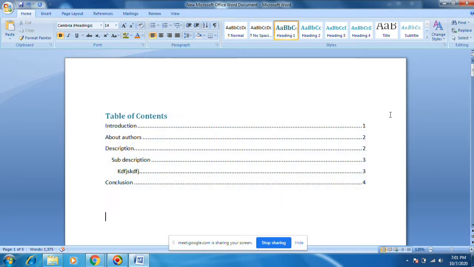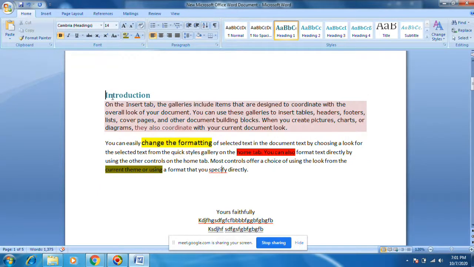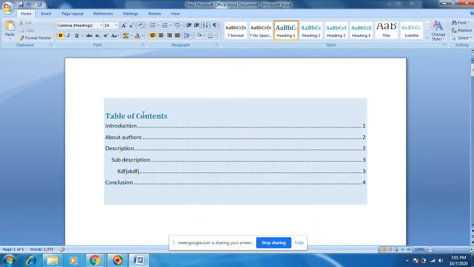If I want to go to this, these are hyperlinks. You see, Control plus click. To follow this, press the Control button and then click, it will go directly there.